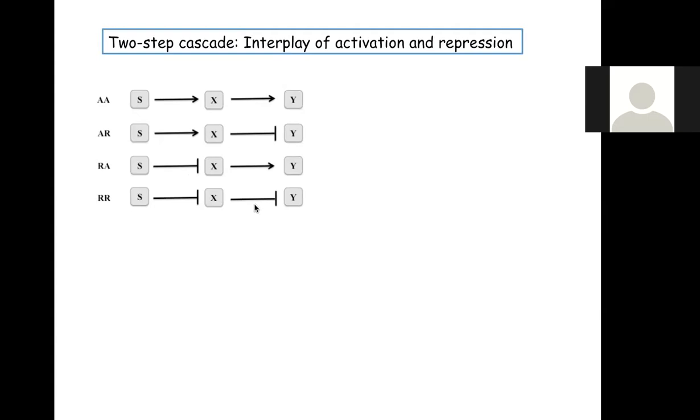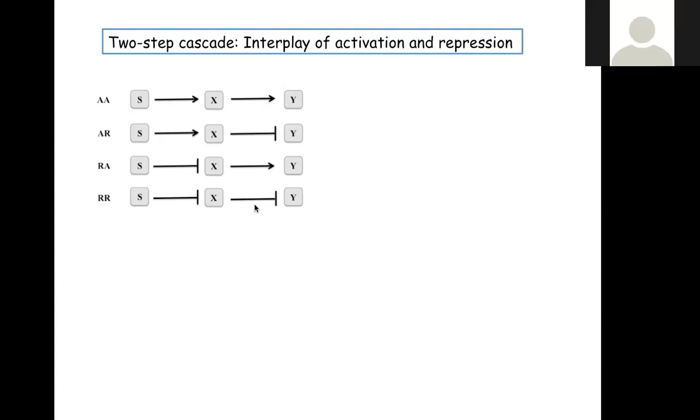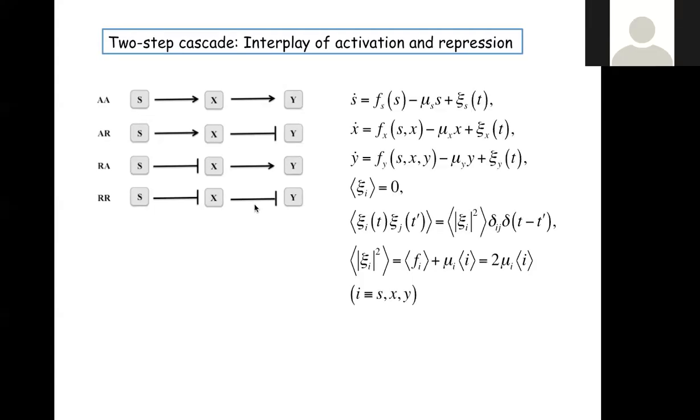And now we need a little bit of mathematical description for them. I'm just bringing it in, it must not be scary. So we have the time evolution of S, our one gene product, the time evolution of X, another gene product, and the time evolution of Y, another gene product. I've used the general expression for the synthesis term, and of course we have the loss term. And for each of these variables S, X, and Y, we have associated noise processes.